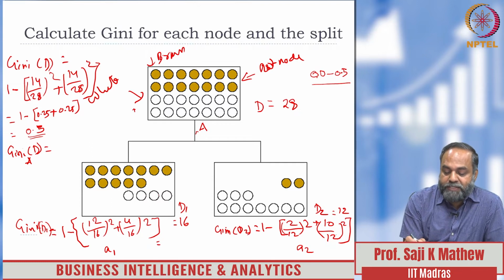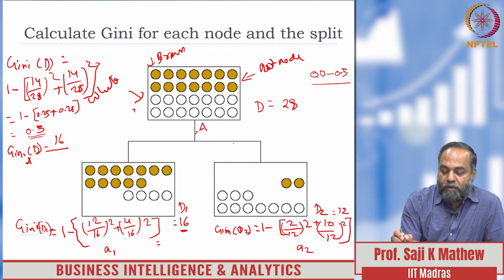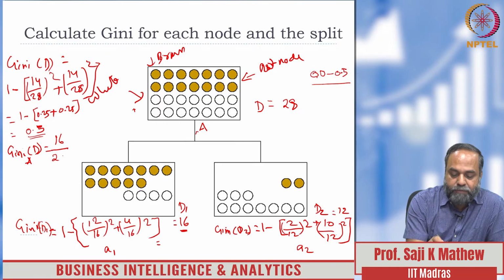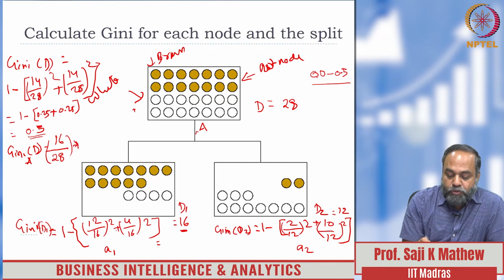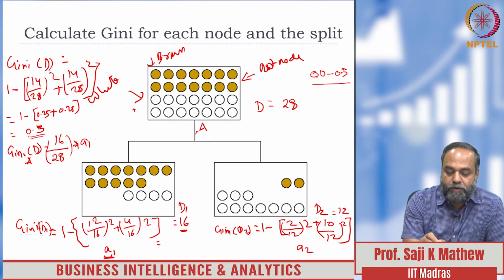The weight is its relative size, and the size of D1 is 16. Therefore 16 divided by what? What is the size of D? That is 28. So 16 by 28 into the Gini score of D1, which we calculated as A1, plus